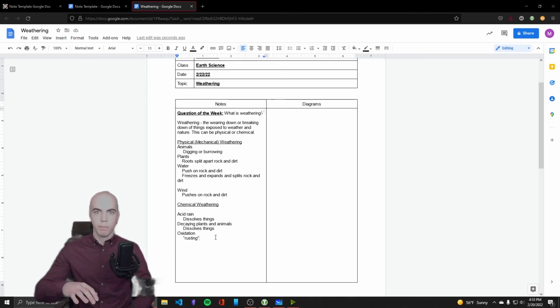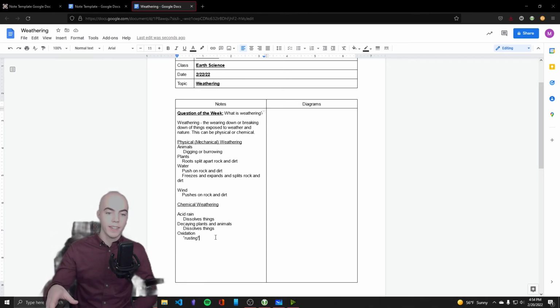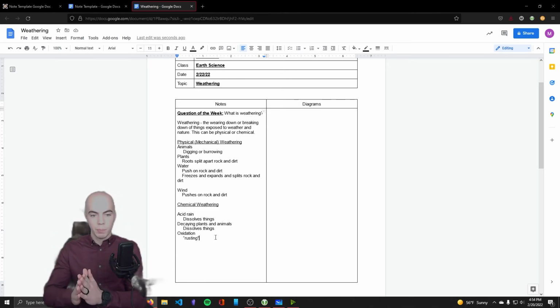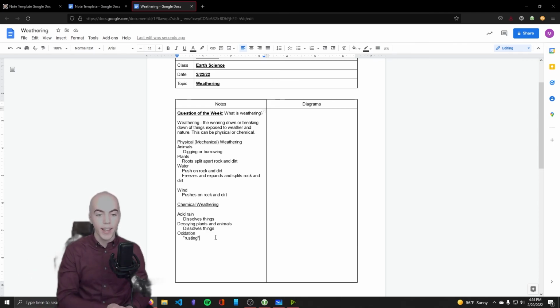So say there's a deposit of iron down below the ground, and then a plant grows on top of it and splits apart all of this rock and dirt, and then the plant dies, and now all of this rock and dirt is loose, and then the rain comes and washes it away, and the iron is exposed, and it experiences oxidation, and now all of it rusts away, and there's just this massive hole in the ground because of